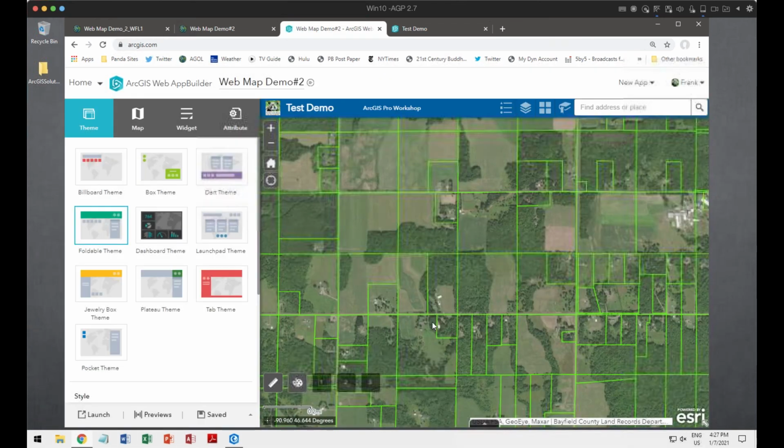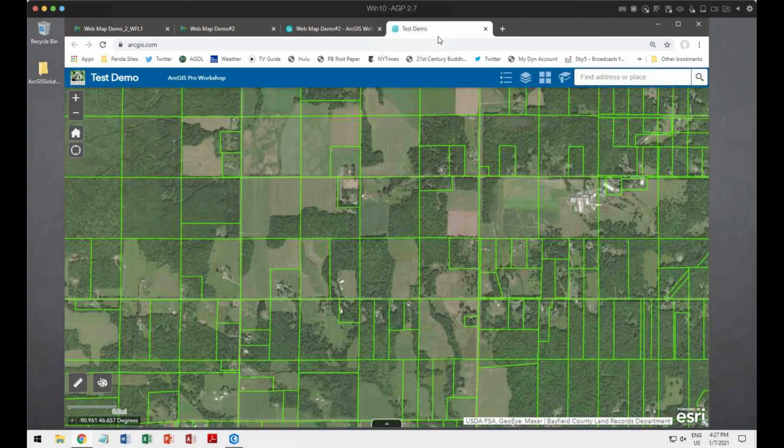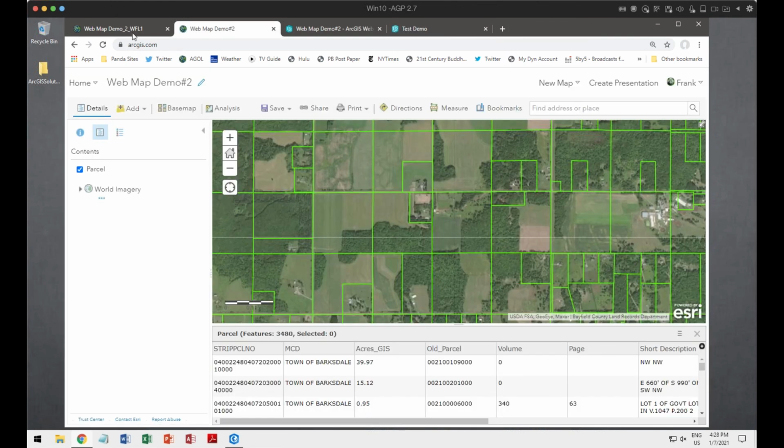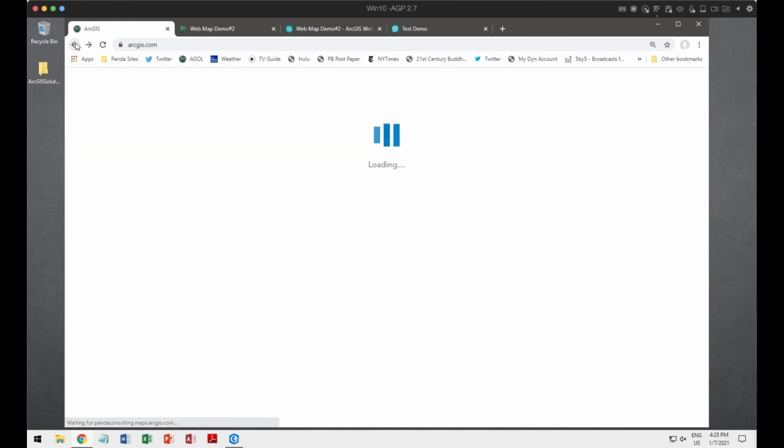Let's make sure. Parcel type, no, that still looks like it's valid. I don't know. And Jose, I'm not quite sure that would do anything, only because if you actually look at this, back to here,